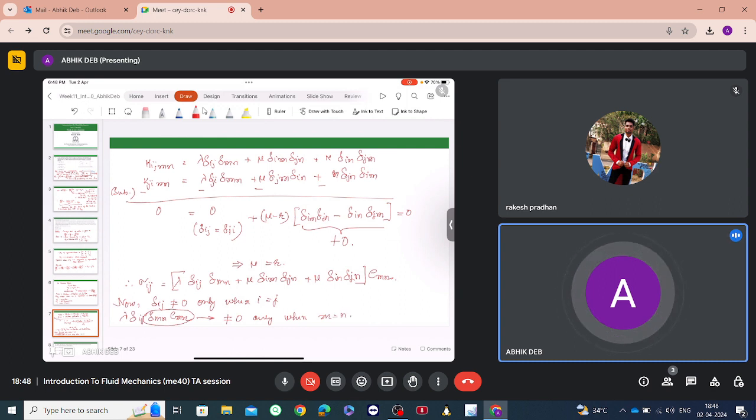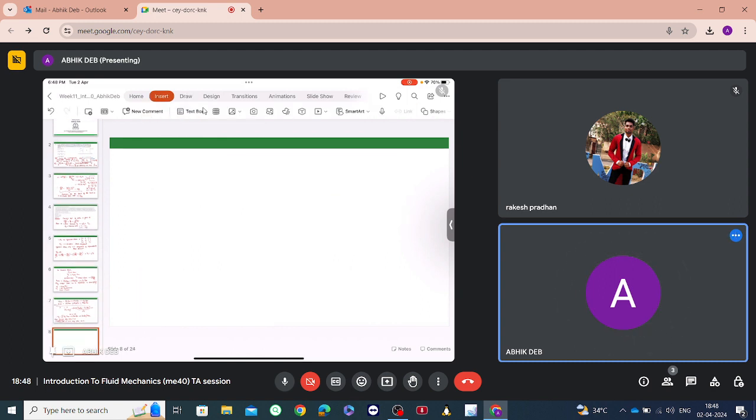So this becomes, therefore, delta ij delta mn emn lambda, this actually becomes lambda into